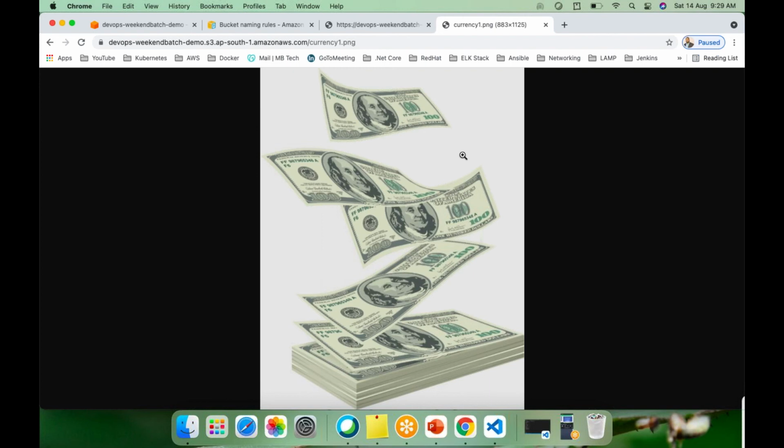See, it gives access denied. But if I refresh this page, it will still be there because I have access to this object only, but I don't have access to the bucket. This is called object level access, and this is the bucket level access. The bucket level access I blocked for everyone. Nobody can access my bucket, but everyone can access my objects.